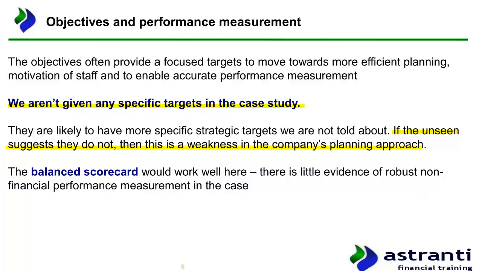When it comes to measuring objectives, performance measurement, what I think is the balanced scorecard could work quite well, because if you go through the pre-seen materials, we do see the balance sheet, we see all the numbers, but there's very little evidence of any kind of robust non-financial performance measurement in the case. They're really focused on box office takings and numbers, but for example, we don't see any measurements on corporate social responsibility, environmental sustainability, that sort of thing. Okay, so that could be a preliminary recommendation that you make.